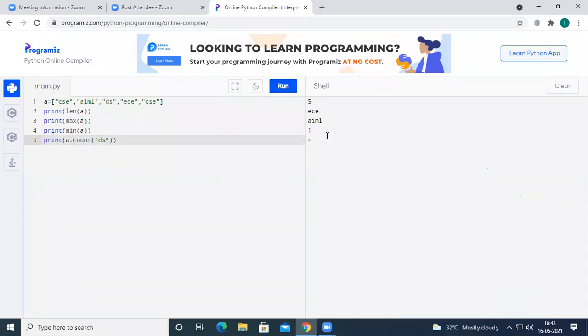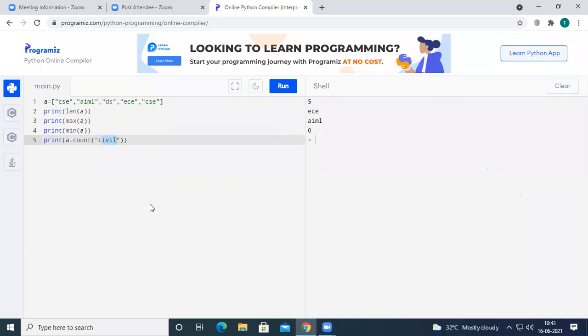If I run the code, I am going to get 1 as an output, because DS has occurred only 1 time in the given list. For example, if I give civil and run the code, we are going to get 0 as an output. When we get 0, it states that the given string was not found in the list. So civil is not present in the list. That's why we are getting 0.